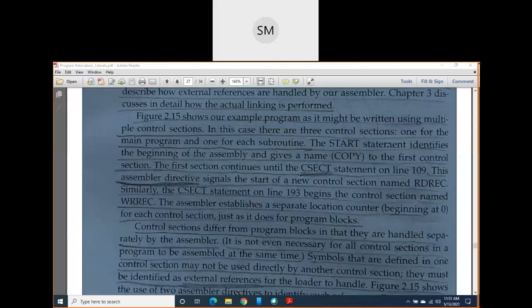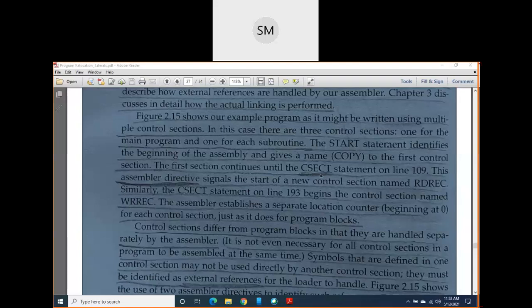The first section continues until the assembler comes across the assembler directive CSECT, that is control section. When you come to line number 109, you will get this directive CSECT. Up to that, the COPY control section continues, and from line number 109 you start one more control section.